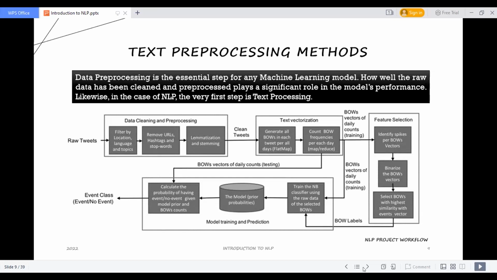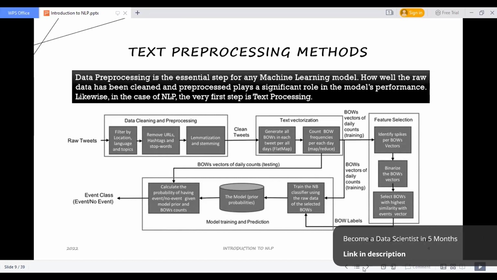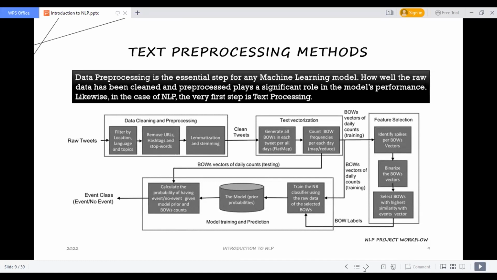We need to remove the URLs, the hashtags, the emojis, and the @ marks which we have, especially on Instagram, on Twitter, and everywhere, if we tag anything. So basically we need to clean that text. Once we have the clean, pre-processed text, we can apply the pre-processing techniques and we can extract the features from that.